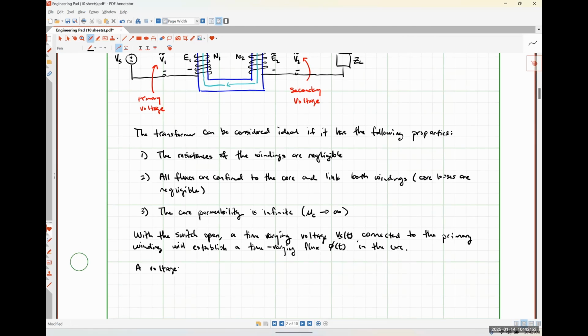A voltage E1 of t will be induced in the winding, in the primary winding to be specific,